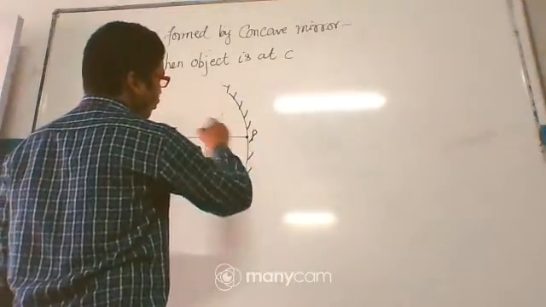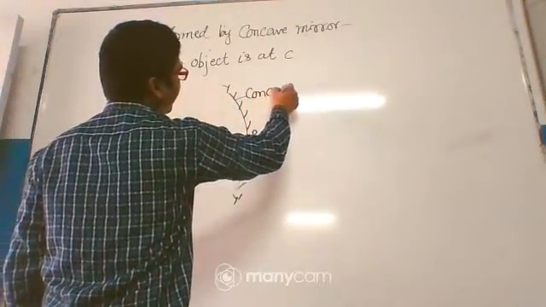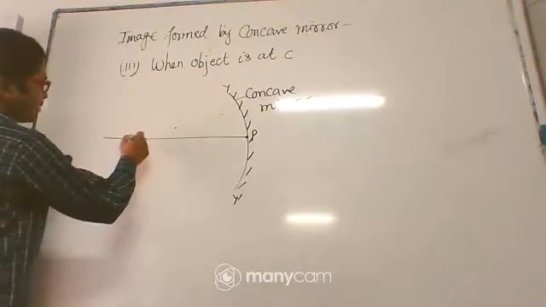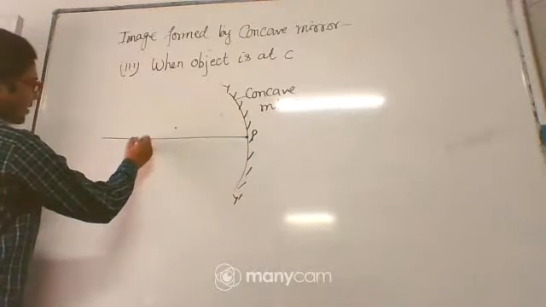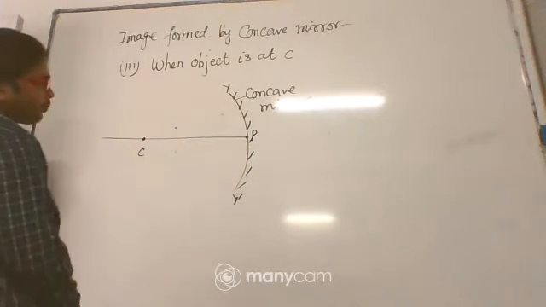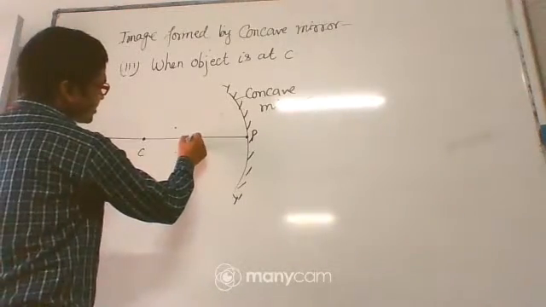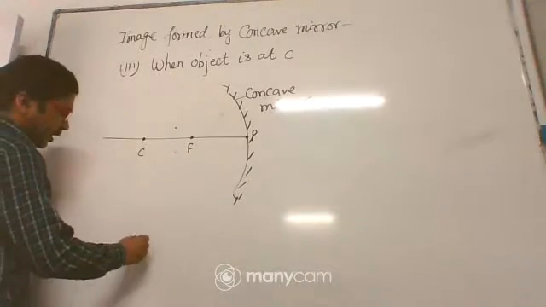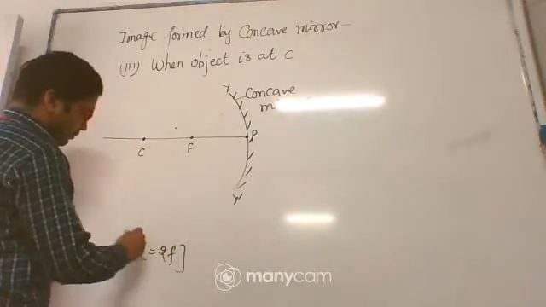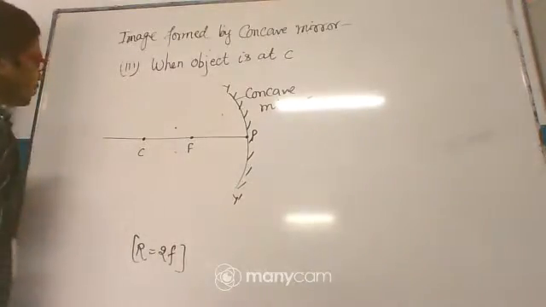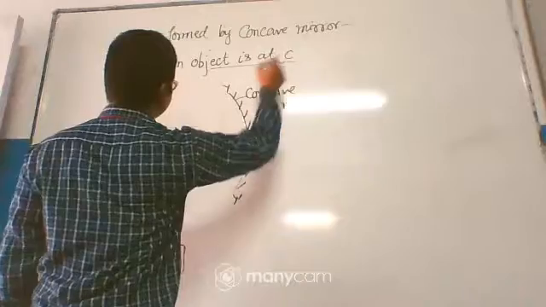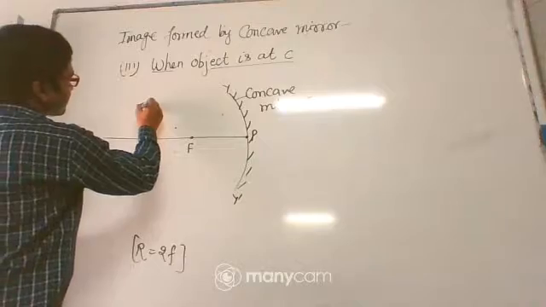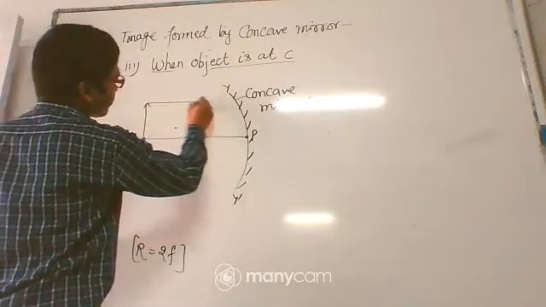This is the point P that is pole. So you can see here this one is the concave mirror, and the center of curvature is lying on this principal axis somewhere here, and the focus must be between the point C and P on the principal axis, because we know the relation that is R is equal to 2 times focal length of the mirror. So this is the relation. Now, according to the case, when object is at point C, you can see the object is here, that is at point C. Now, one of the light rays is parallel to the principal axis,